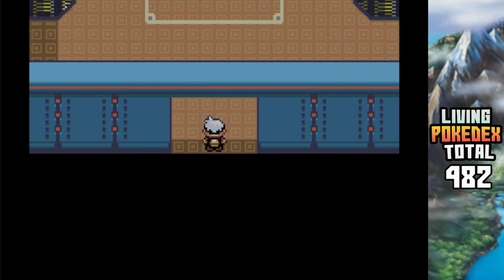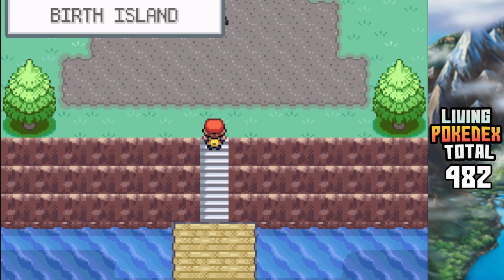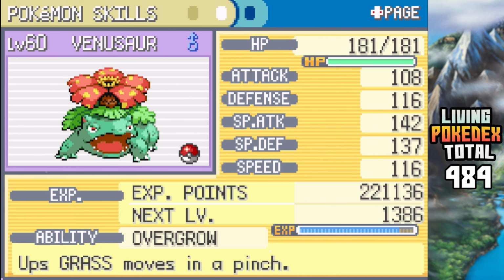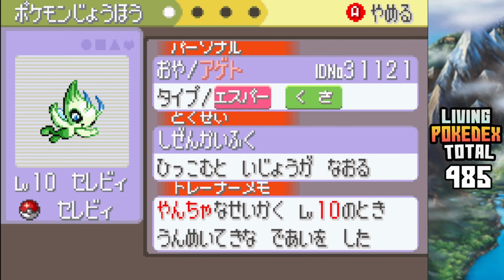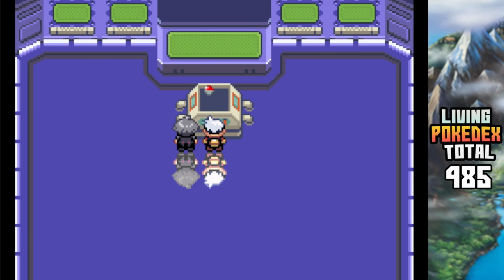While he's doing that, let's check in with Red, who received the Aurora Ticket, allowing him to travel to Birth Island where he caught a Deoxys after solving a puzzle. The second Pokemon Red has is a Venusaur, which he agreed to let King Z keep. Now, let's check in with May, who received an event Celebi from the Japanese Pokemon Colosseum bonus disc. This is the only Pokemon we need from her, so let's return back to Brendan, who just defeated the Pokemon